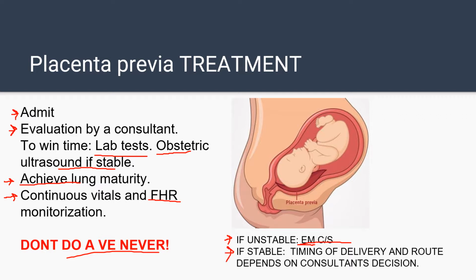If the patient is stable, the timing of delivery and the route of delivery depend on the consultant. With placenta previa, people think it always has to be delivered by cesarean section, because during the delivery, if the baby tries to have a spontaneous vaginal delivery, it bleeds a lot. But that is not true. There are some types of placenta previa that are not complete, only partial, that can have a vaginal delivery. So the decision of the route of the delivery and when, in a stable patient,